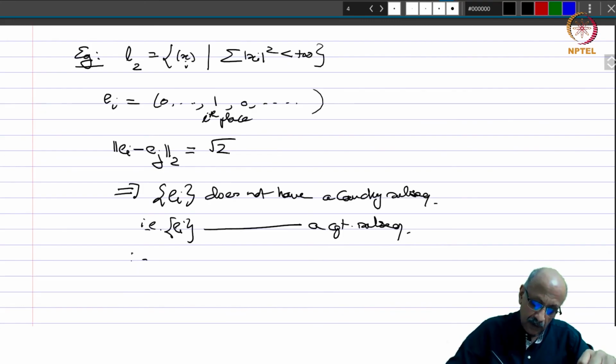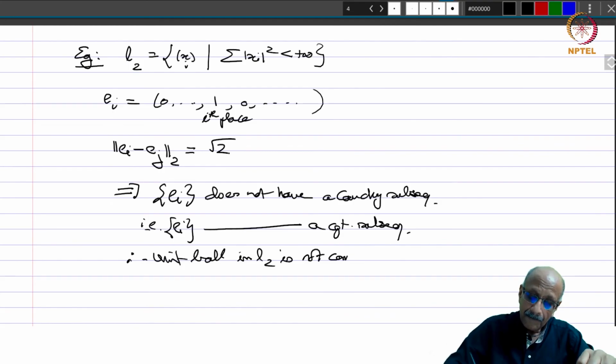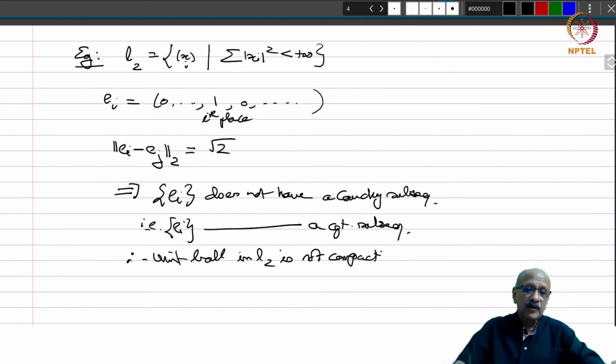Therefore, the unit ball in l2 is not compact. Because if it were compact, then every bounded sequence must have a convergent subsequence, and so this is an example where this is not true. So, we have directly verified this, but we know from the theorem which we just proved that the unit ball will be compact if and only if the dimension is finite. l2 has of course infinite dimension, and therefore it is not